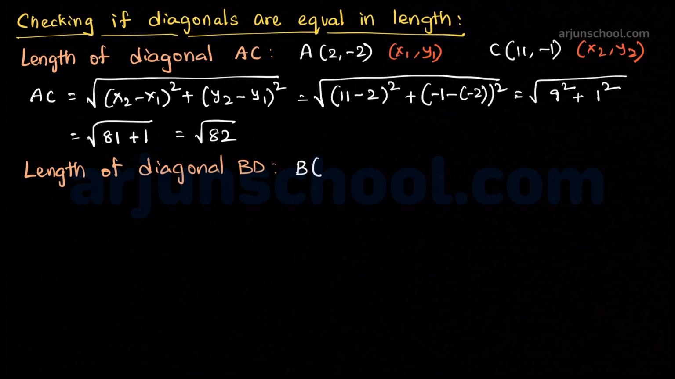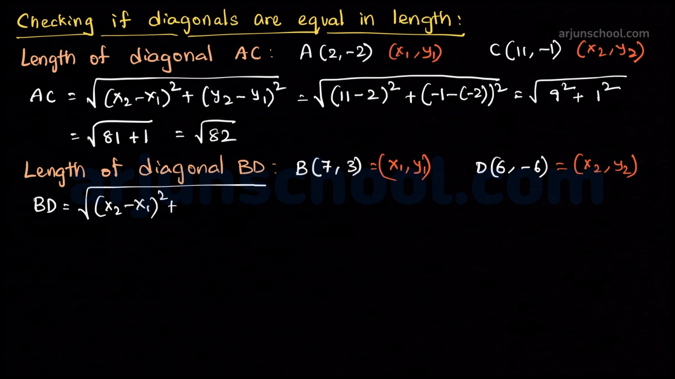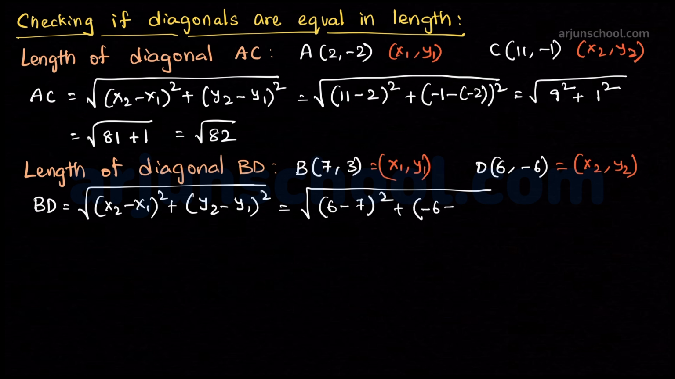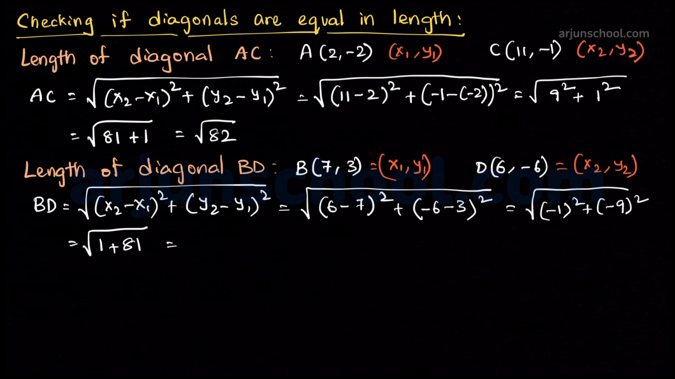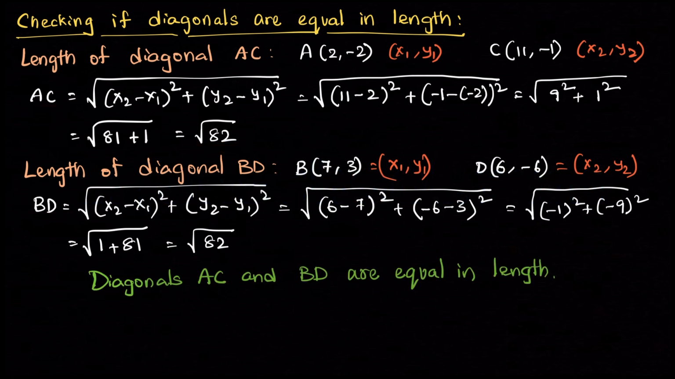Now let us compute the length of the diagonal BD. Consider vertex B as x1, y1 and vertex D as x2, y2. The distance formula is the square root of (x2 minus x1) whole square plus (y2 minus y1) whole square. That is root over (6 minus 7) whole square plus (-6 minus 3) whole square. 6 minus 7 is -1 and -6 minus 3 is -9. (-1) whole square is 1, (-9) whole square is 81. Root over 82. From what we have found, we can say the diagonals AC and BD are equal in length, which means